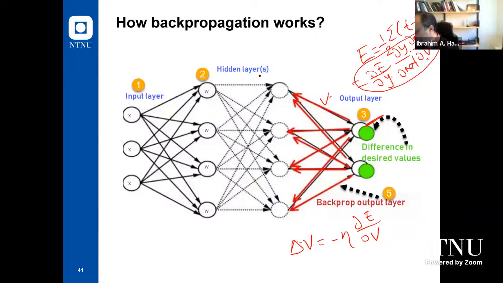Again, if I want to go to this layer, for example, imagine this one is omega, I need to adjust it. We will do the same, right? So I need to get delta omega, which will be minus eta multiplied by partial E by partial omega. How can we get partial E by partial omega? Is there any direct connection between E and omega? No, there is no direct connection. So in this case, I also need to use the chain rule. So partial E by partial omega should be, for example, partial E